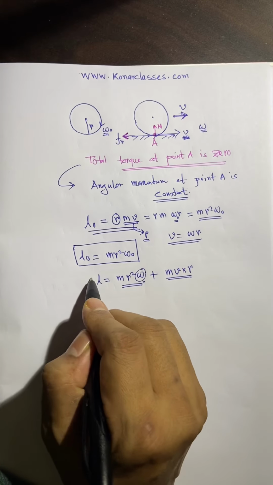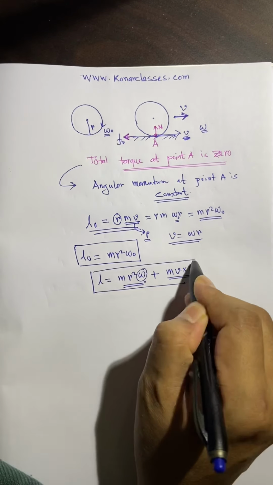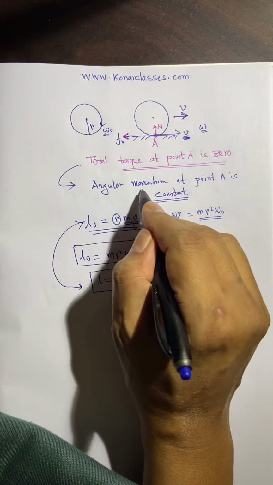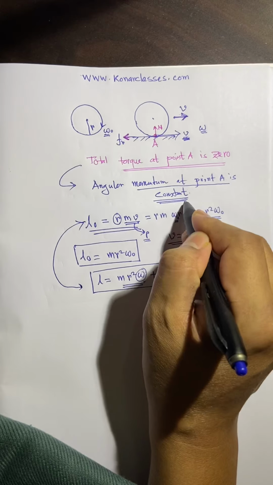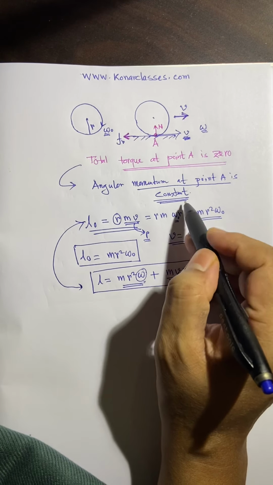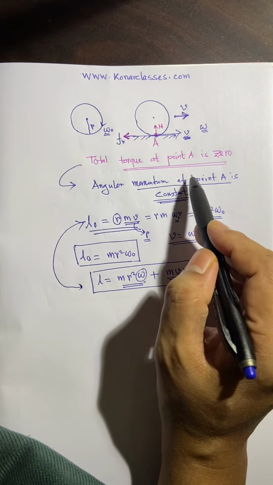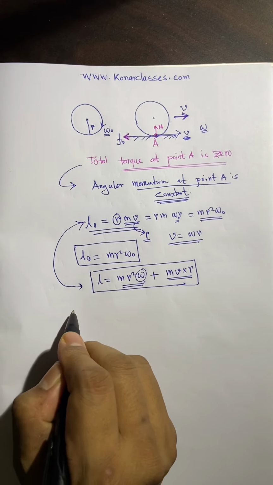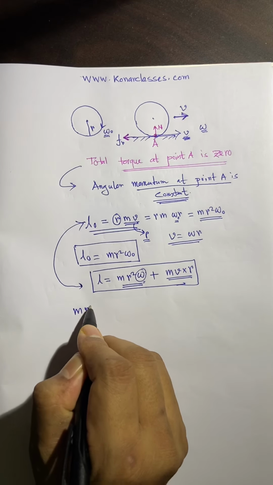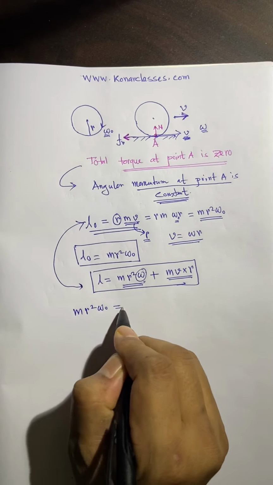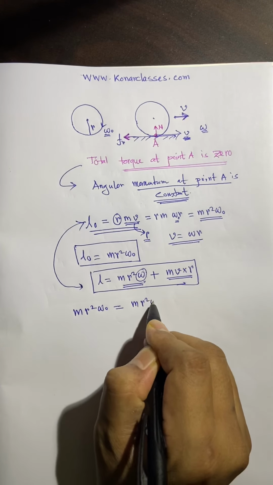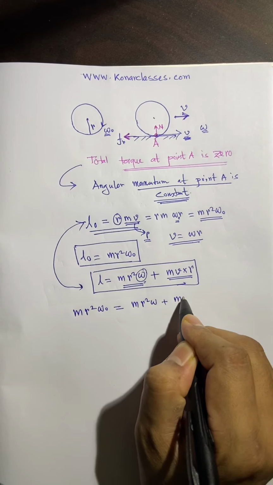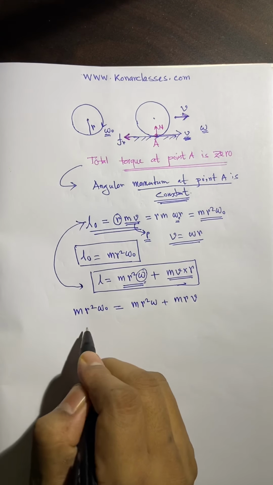So now this L and this L0, as the angular momentum at point A is constant, this is the law of conservation of angular momentum. If the total torque is 0, then we can equate these two, and it comes to m r square omega plus m r into v. So now